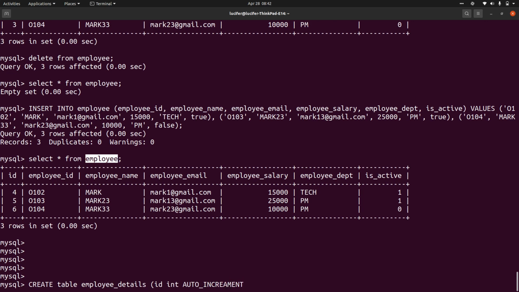Then let's say we have employee phone number, which can be varchar, some 20 characters. Maybe employee address, varchar, some 50 characters.